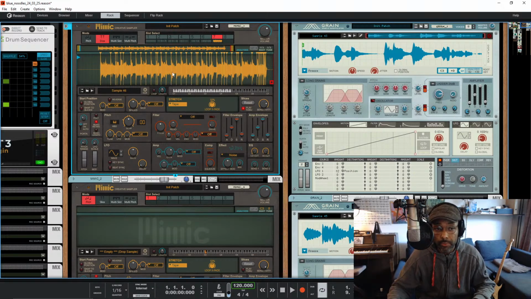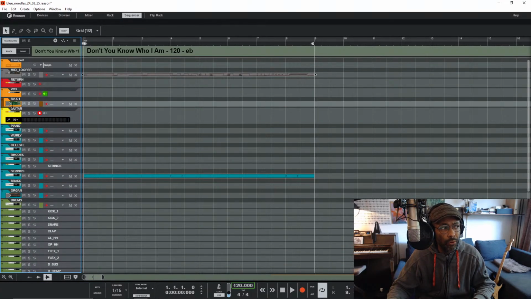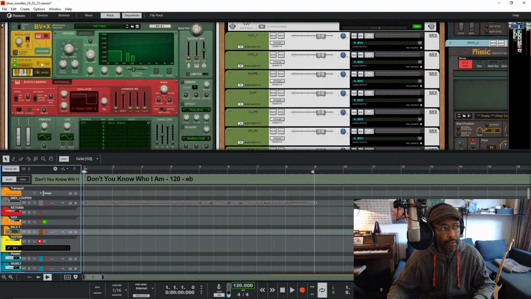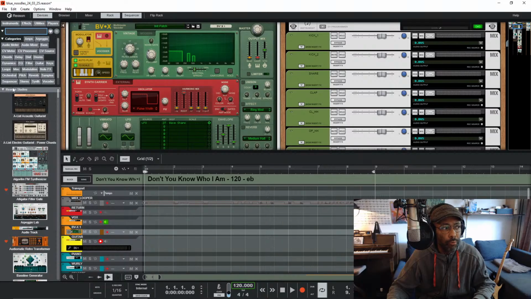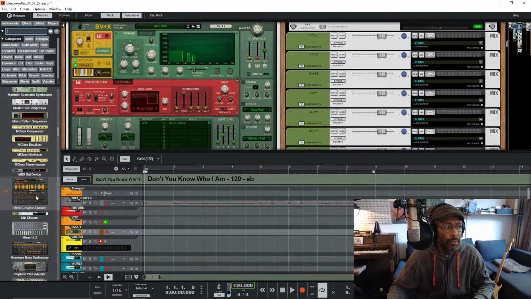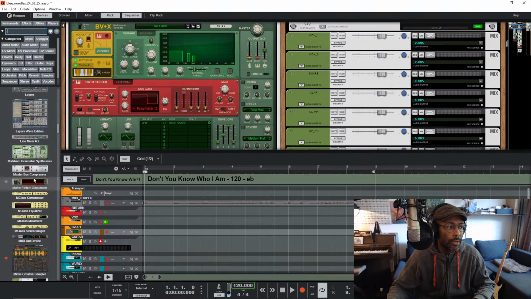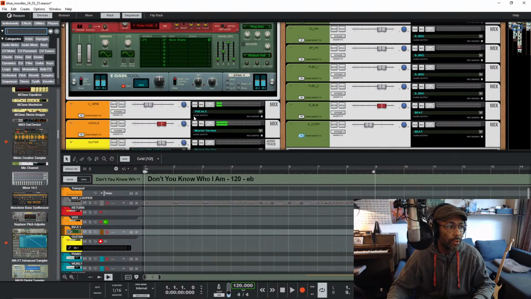Let's noodle a little bit with it, and then we keep making this disco funk kind of thing and try to lay down some vocals. Also, we will probably be going back and forth between this BVX, and we might use Neptune, which is also a decent pitch thing. Hold up. Where is it right now? There it is. Let's put it in here.